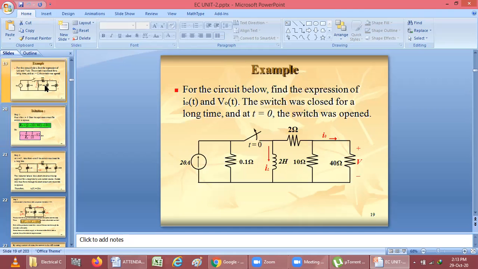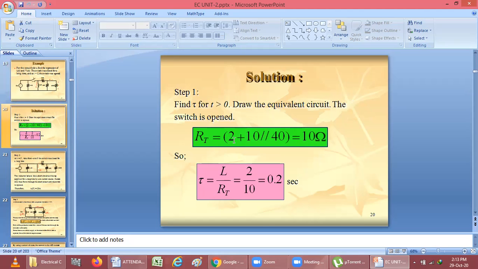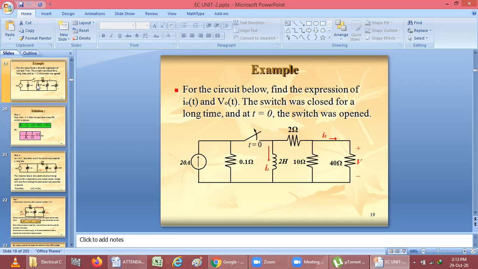तो इंडक्टर का वैल्यू तो हमें दिया है यहाँ पे, we know there is only one inductor, we have to take this 2 henry. And what they are saying, firstly switch was open, जब स्विच ओपन है there is no need to consider this resistance and this current, so initially we will consider only this circuit. When we are considering this circuit, we can see this 2 and 10 ohm are in series and parallel with this 40 ohm, because we are calculating R_TH. This is the total resistance, or we can say Thevenin equivalent resistance.